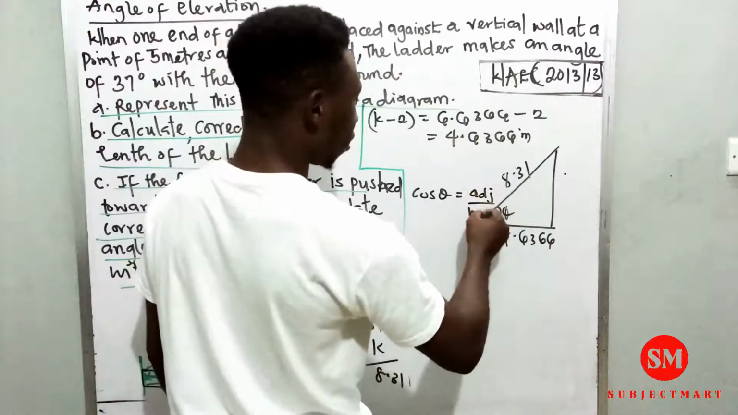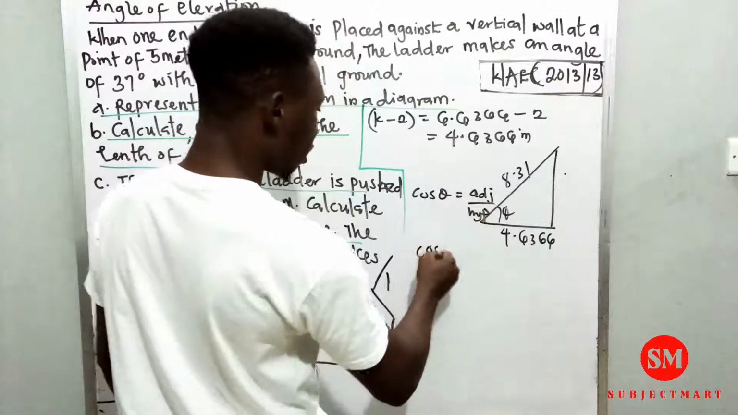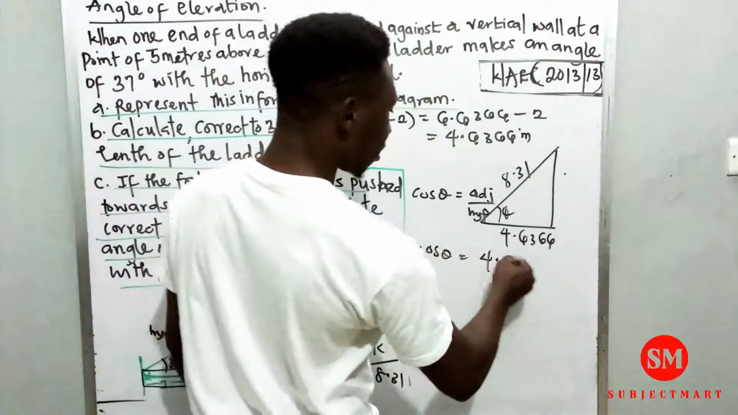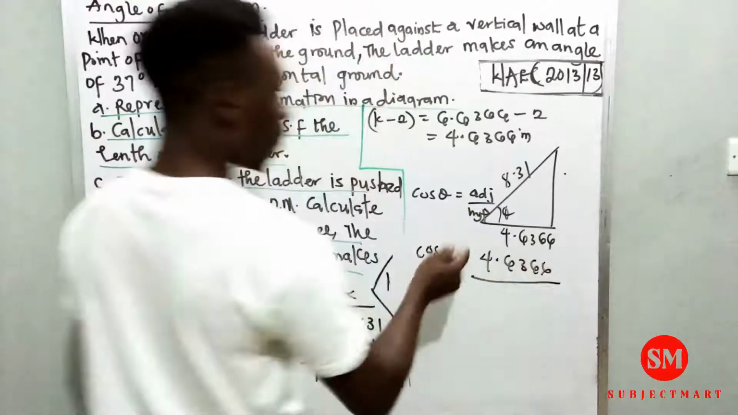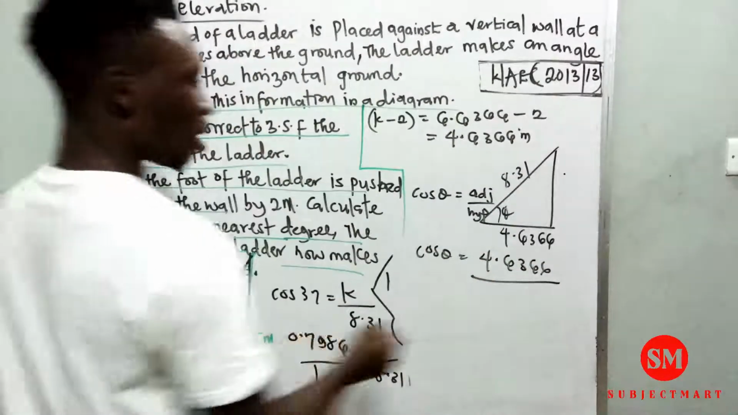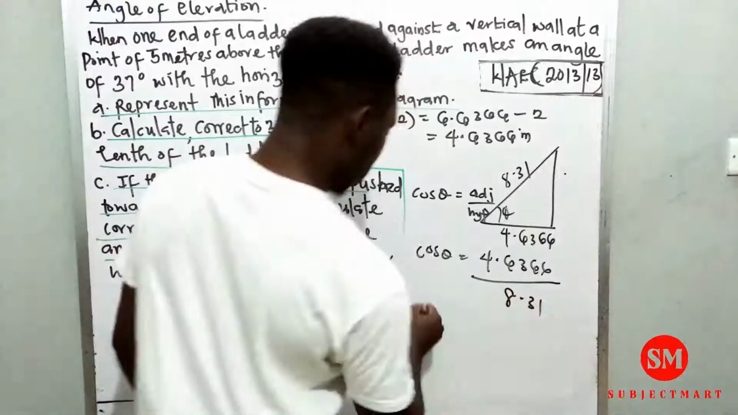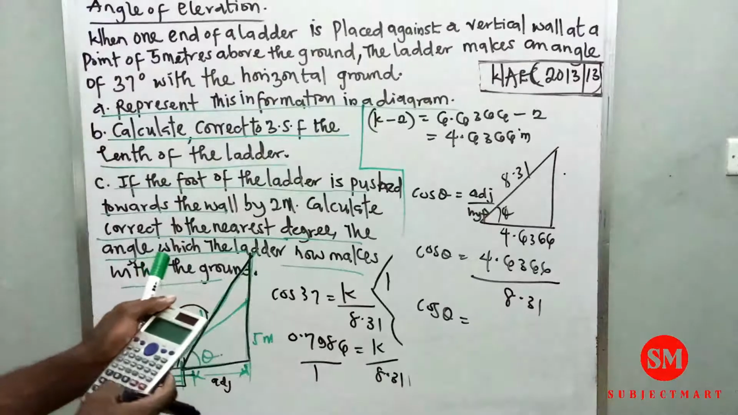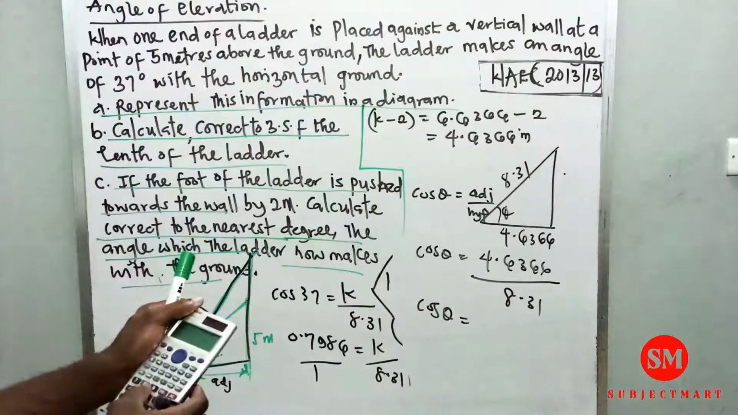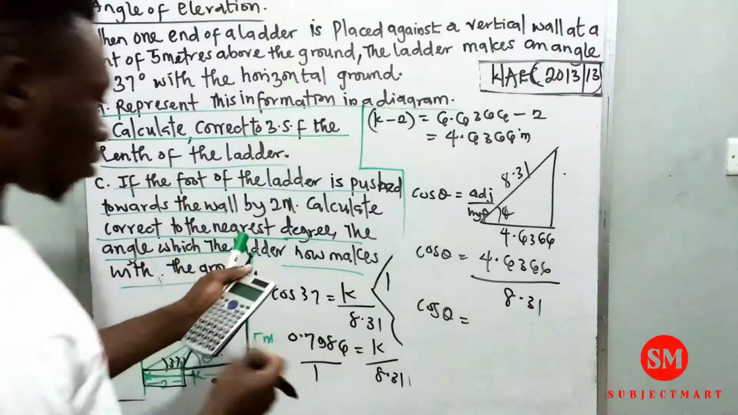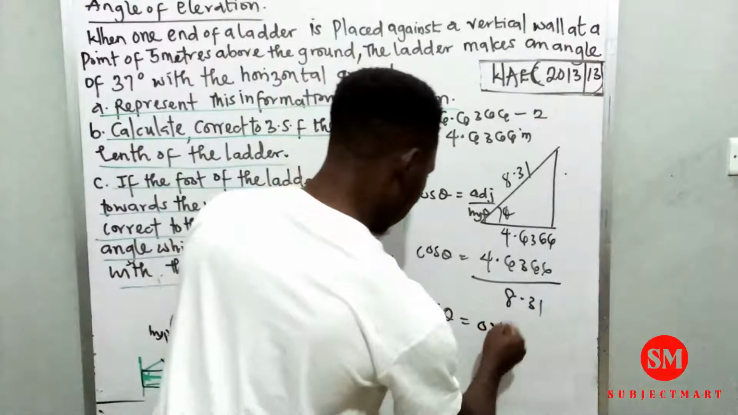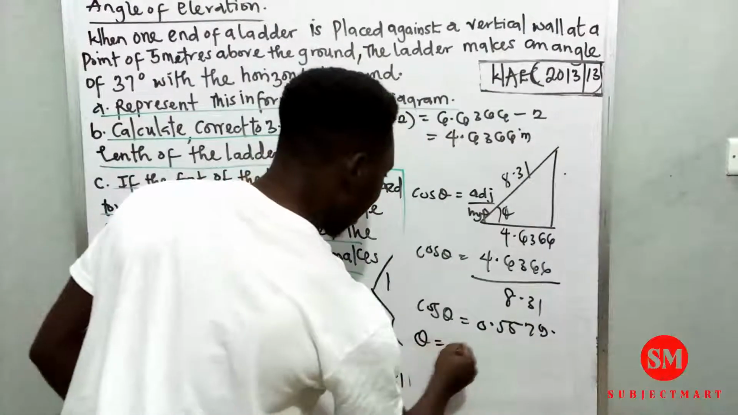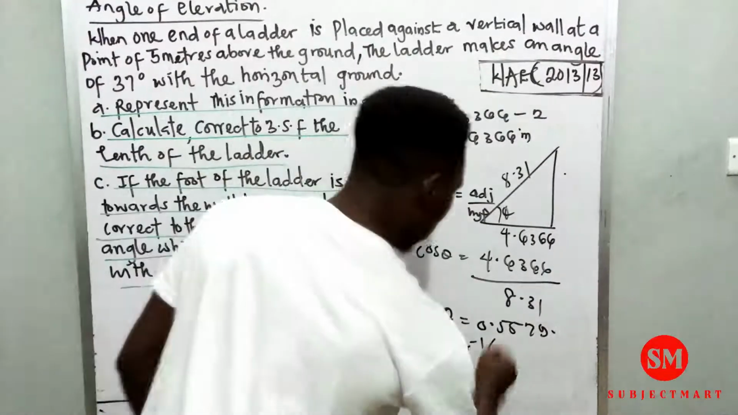adjacent over hypotenuse. So cos theta is equal to, what is our adjacent? Our adjacent here is 4.6366 over, our hypotenuse here is 8.31. So cos theta is equal to 4.6366 divided by 8.31, which is going to give us cos theta equal to 0.5579. So at this junction, theta is equal to cos inverse of